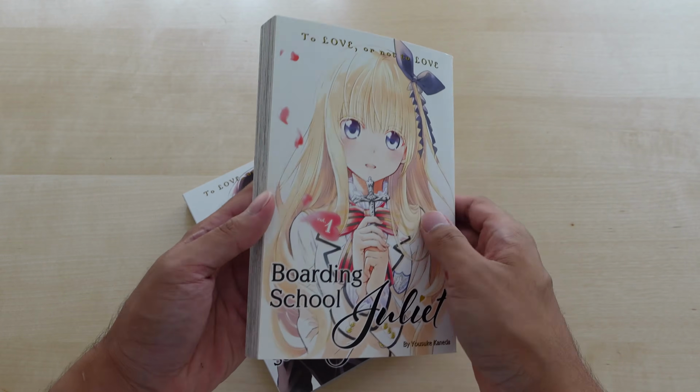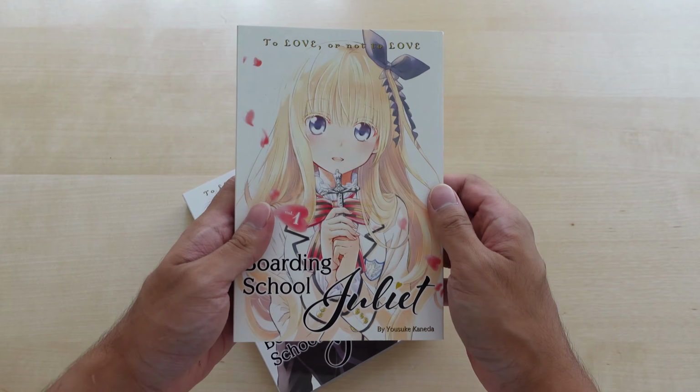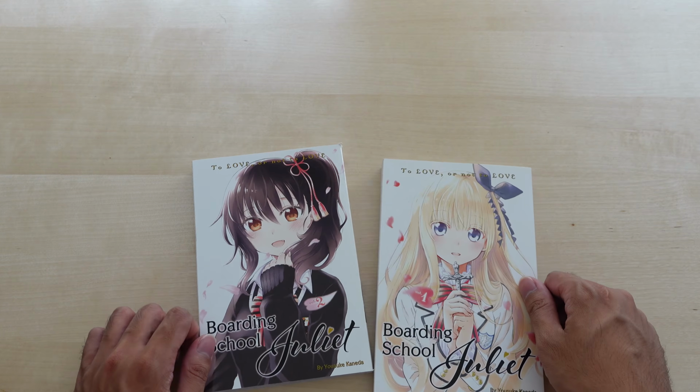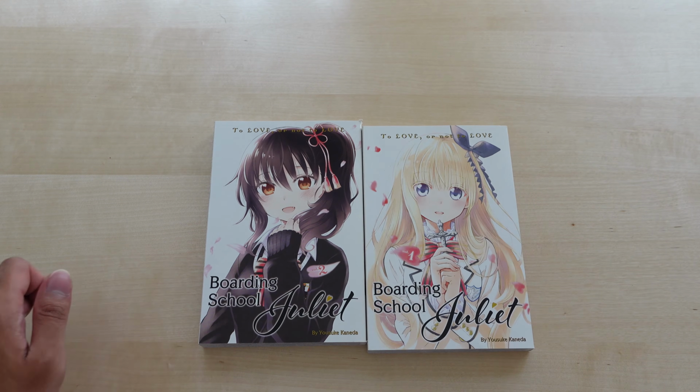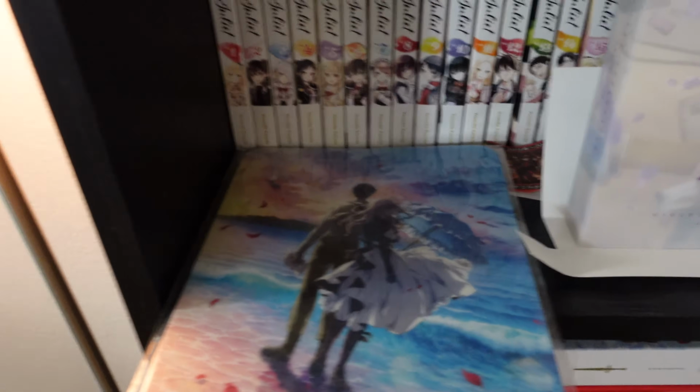I do wish they came out with a box set, that would be wonderful. But volumes 1 through 16, one of my favorite romance manga. Y'all should definitely check it out. And then there's just an Alba Nendoroid box chilling over there, and a Violet Evergarden movie mouse pad, which came